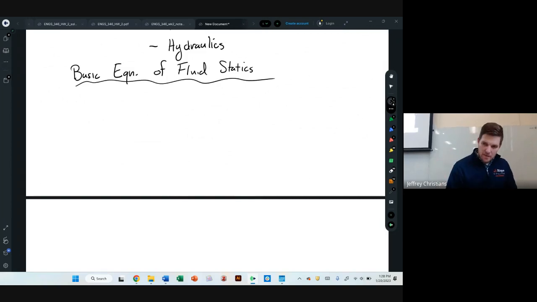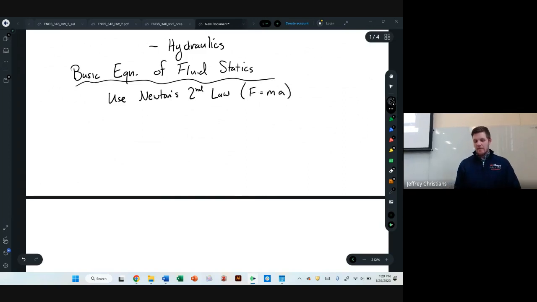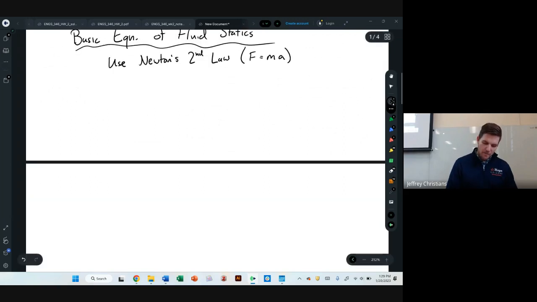And we're going to do that by using Newton's second law, force equals mass times acceleration. And this is obviously a really easy case because we know acceleration is 0 because it's not moving. All right, so we're going to picture